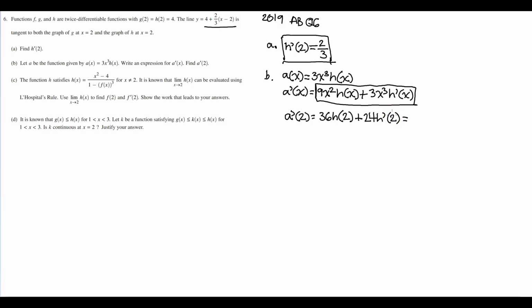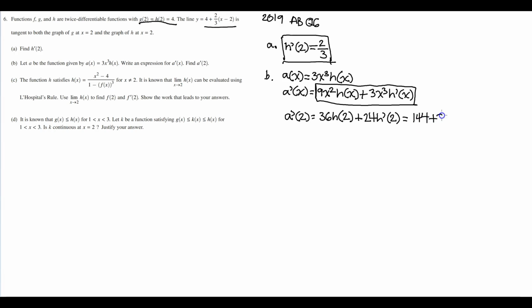We know h prime of 2 from part A, it's 2/3, and h of 2 is 4, that's given to us up here. So 36 times 4 is equal to 144